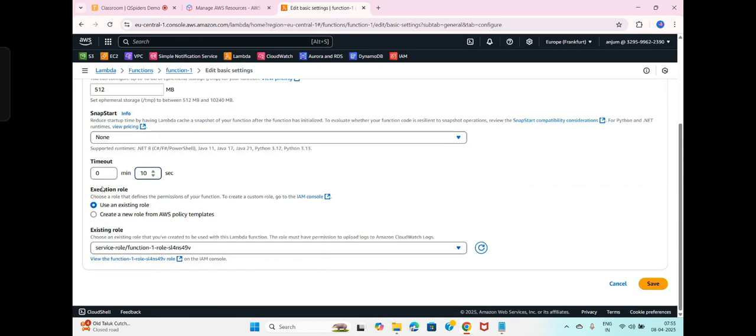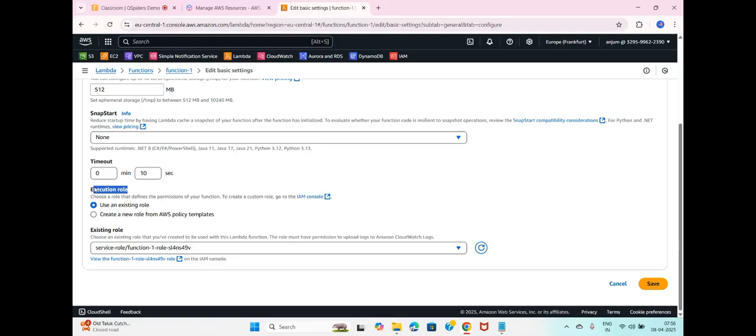Okay. Now you can see execution role. Whenever you are going to permissions to access other services, even though it is a Lambda service, it is going to access the EC2 service, right? To access the EC2 service, it should have some set of permissions. For that, we have created a role.